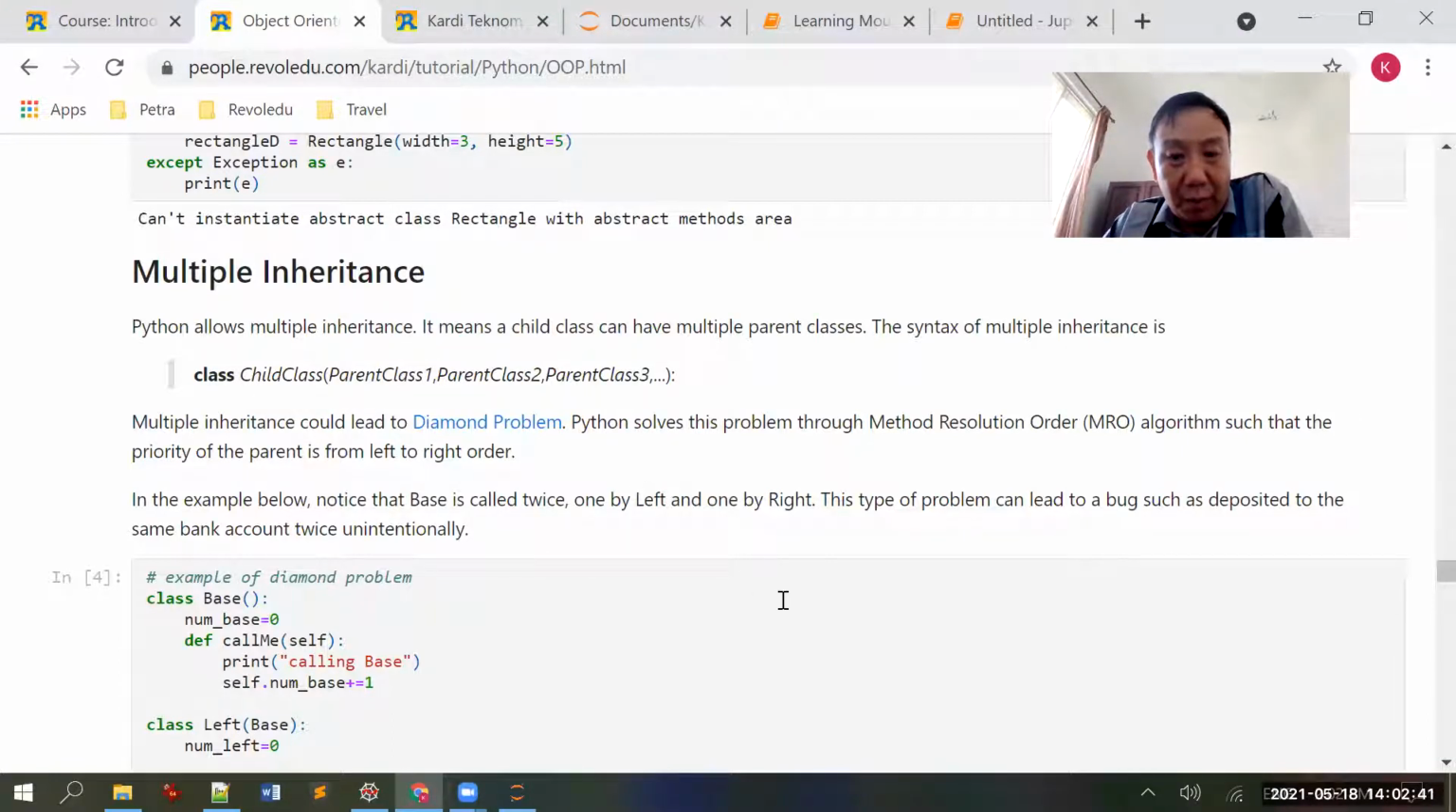Python allows multiple inheritance. How do you create multiple inheritance? You just type class, the name of the child class, and then the names of the parent classes. You can have parent class 1, parent class 2, parent class 3, and so on. My message is simple: if possible, don't do multiple inheritance. Why? Because